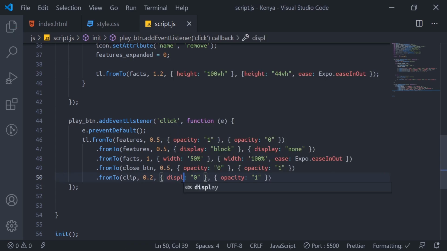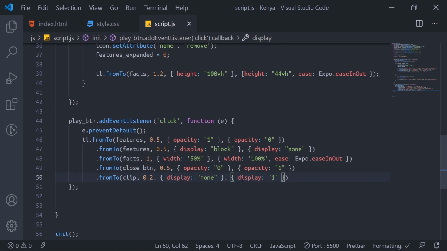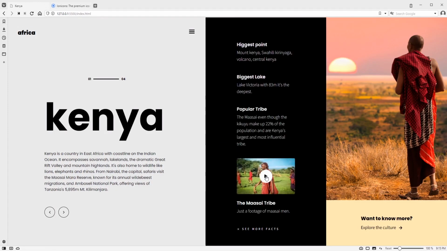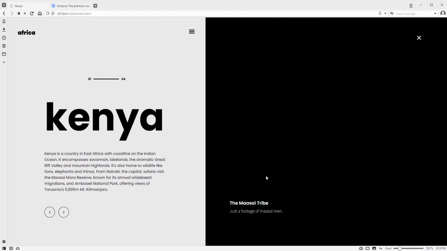Then from display none to display block. So block. I'll check this thing here. Refresh. I'll click on the play button.